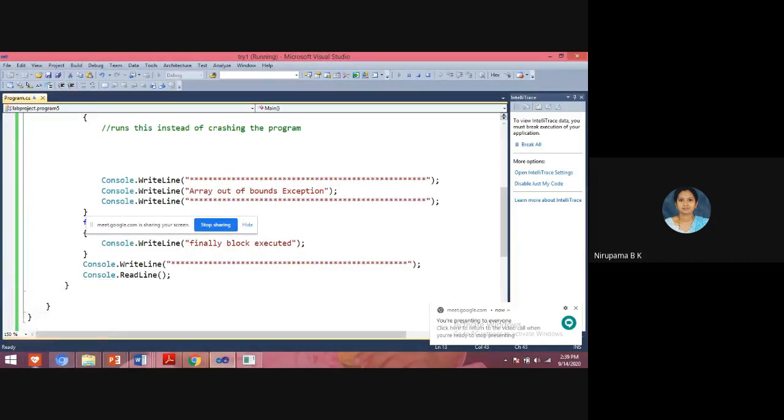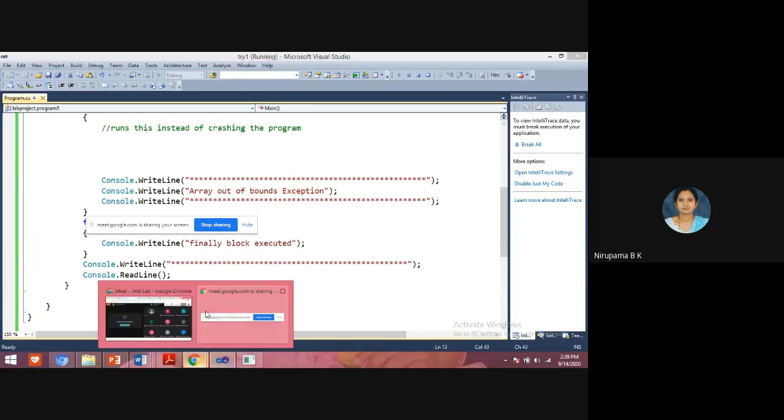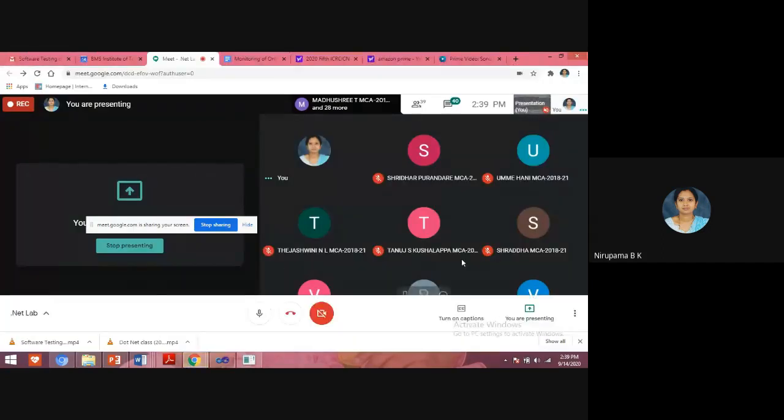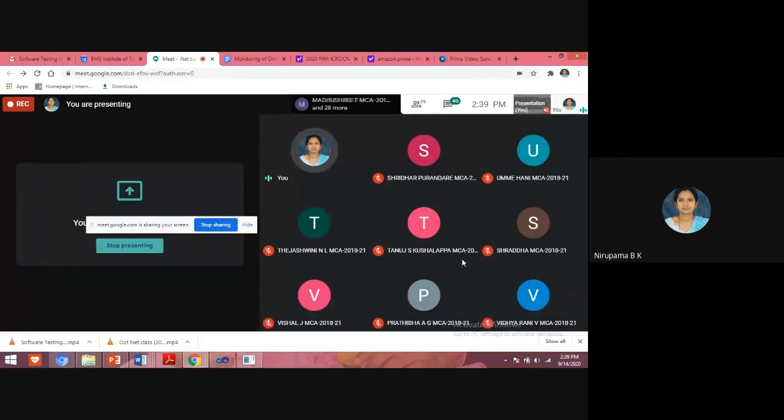Students, any doubt in today's lab program? See, I have shown the execution, I have explained the program. Still, if you have any doubt, you can come to me. But at home, you have to execute the program. I cannot come and see whether you have executed or not. When you don't execute, then during internals you will face difficulty. If you have any doubt, you can ask. If no response, then I'll understand there is no doubt.